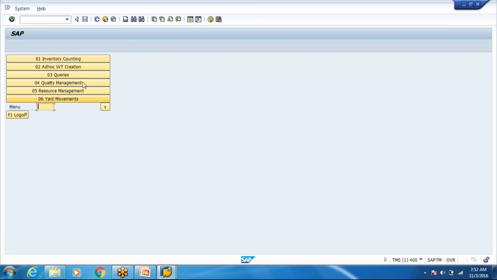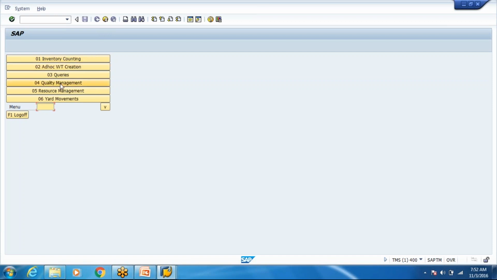A very common problem is ad hoc task creation. Ad hoc means they can move any stock anywhere to anywhere. That's a big risky thing. You don't want people to go and move stock around anywhere they want. So generally you don't give them this option, and only the leads are given this transaction for the ad hoc movements.